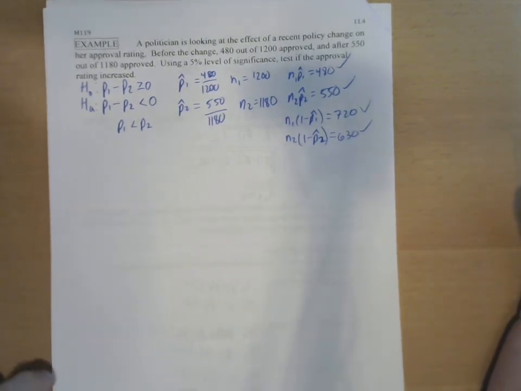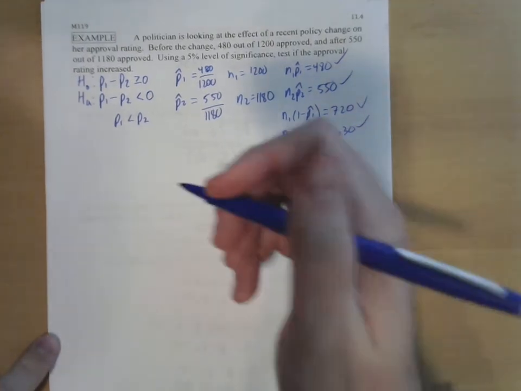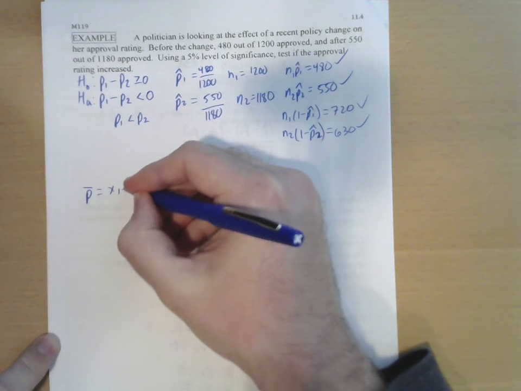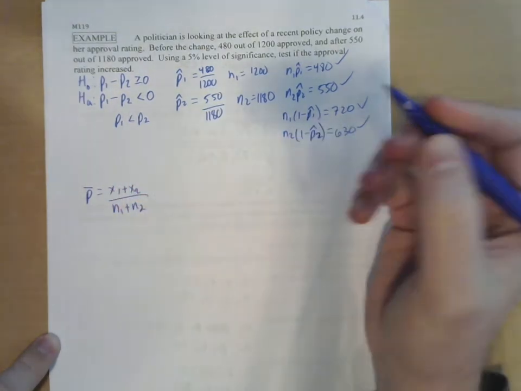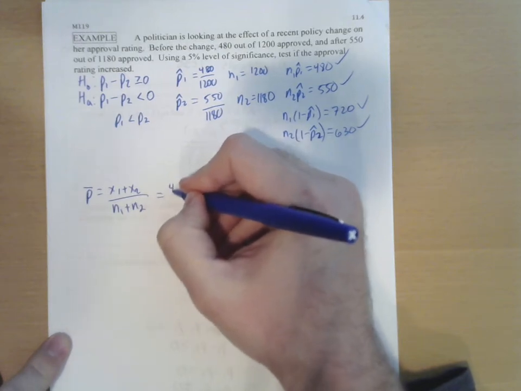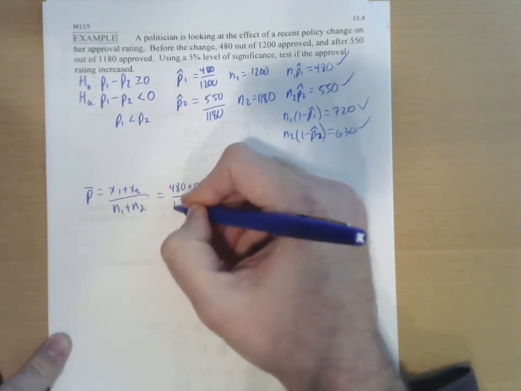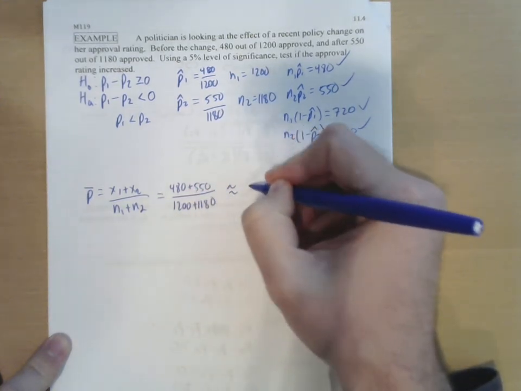So let's go ahead and walk through this one using just the standard score. We would need to calculate P bar, which is x1 plus x2 over n1 plus n2. And so that would give us 480 plus 550 over 1200 plus 1180. And this as a decimal,